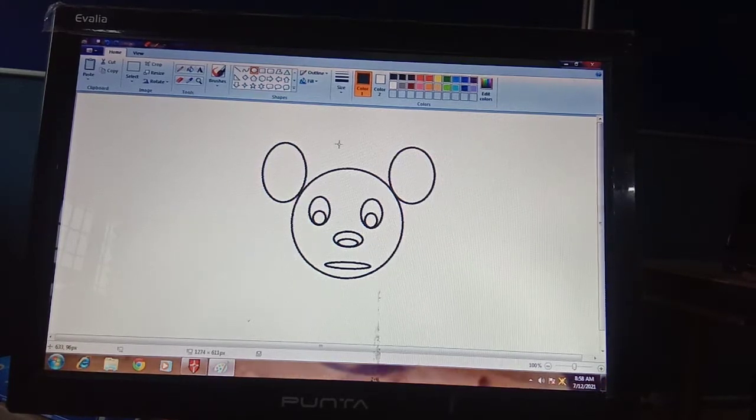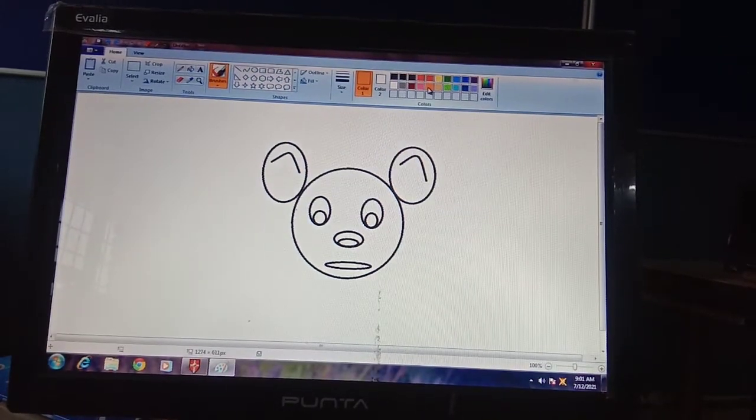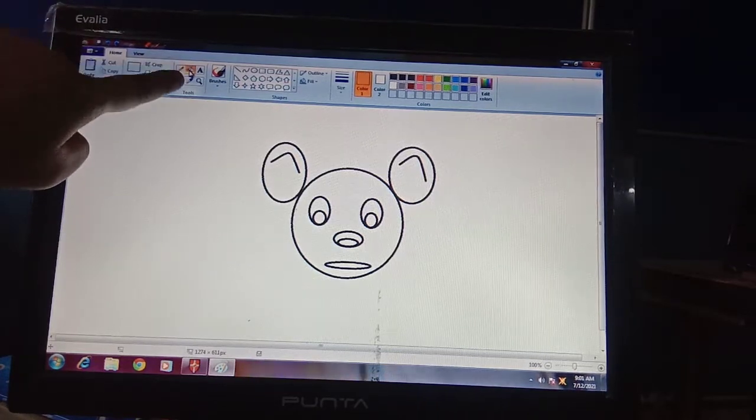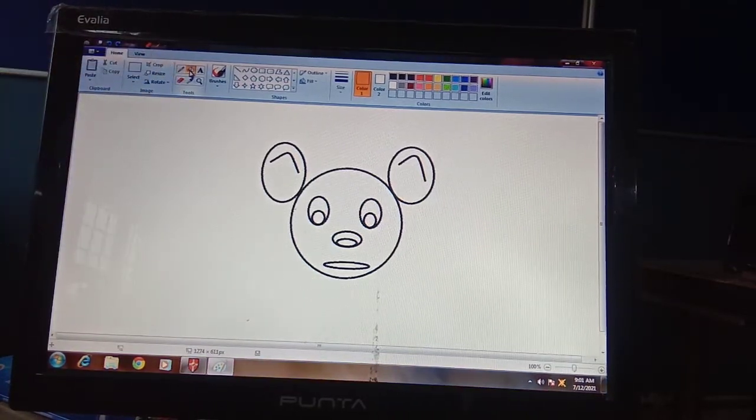So student, it's time to color. Our face of Mickey Mouse is almost done. I'm making it in yellow, a dark yellow color. So we need to take the bucket, Fill with color. This is the Fill with color option. We need to choose it from the Tools group.